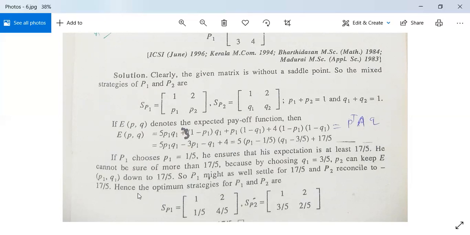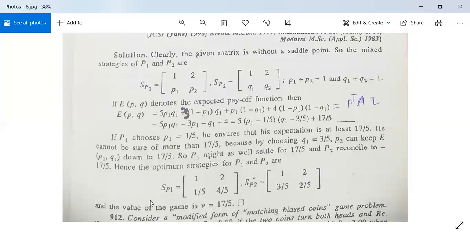and P2 reconcile to 17/5, और P2 का जो मैक्सिमम ये लॉस होगा वो 17/5 हुआ। Hence the optimum strategies for P1 and P2 will be, as P1 is 1 2, this is P1 means 1/5, P2 will be 1 minus P1, so it is 4/5, and as P2 is 1 2, Q1 means 3/5 and Q2 will be 1 minus Q1, means 2/5, and the value of the game nu is your 17/5। तो यहाँ